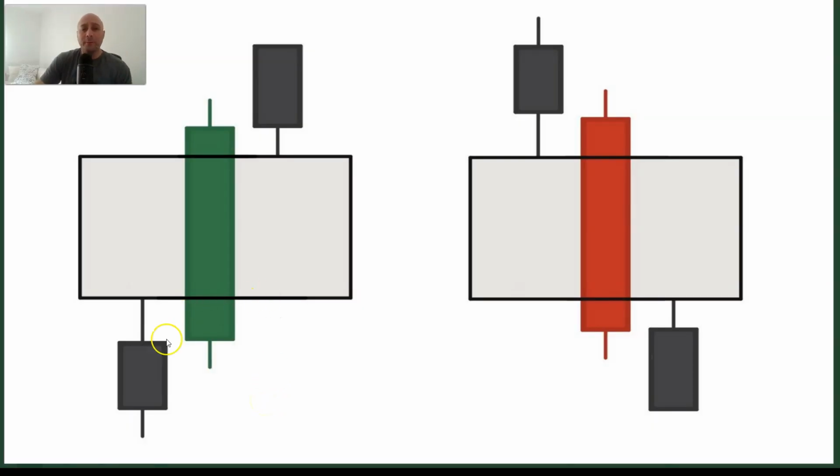A fair value gap is a 3-candle pattern. So right here we have a bullish fair value gap and we have a bearish fair value gap. The fair value gap is this box right here, okay? And all it is essentially taking candle number 1 with candle number 3. As we could see, there was no back and fill of 1 and 3, so it left what's called a fair value gap. A good example is the high of candle 1 was here, the low of candle 3